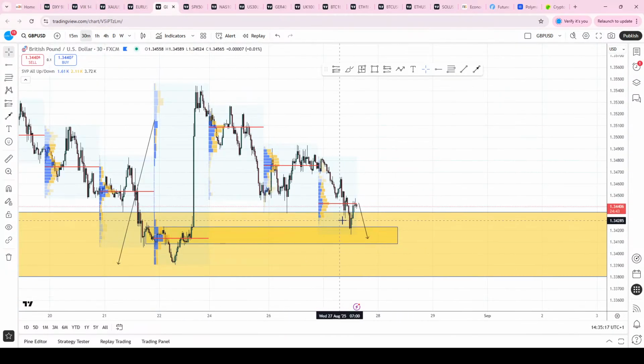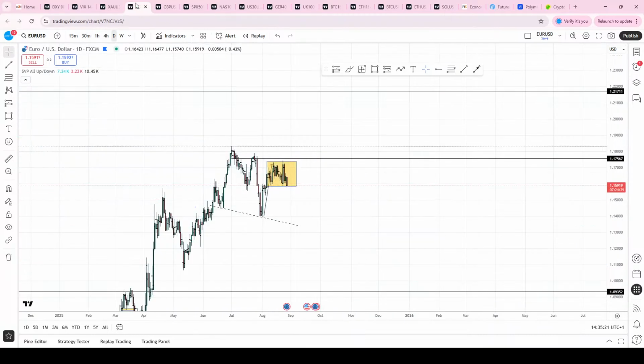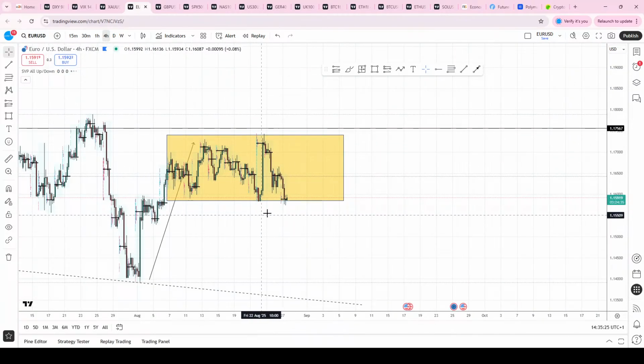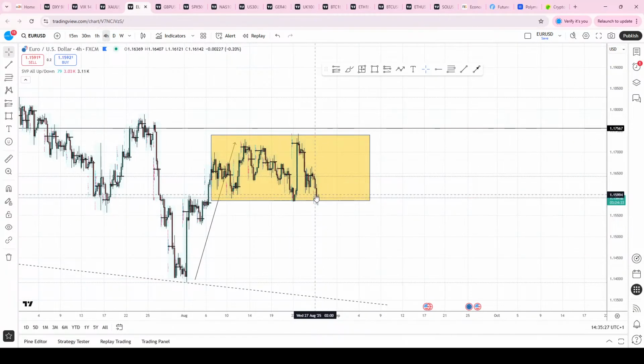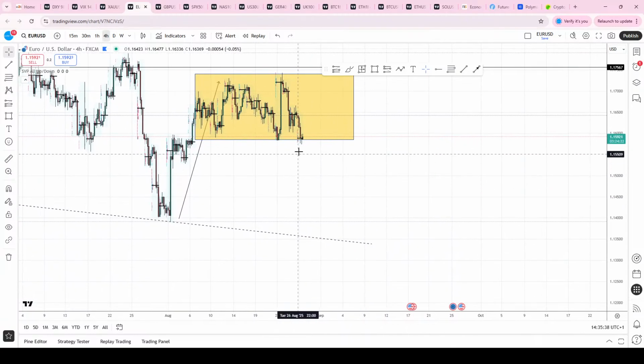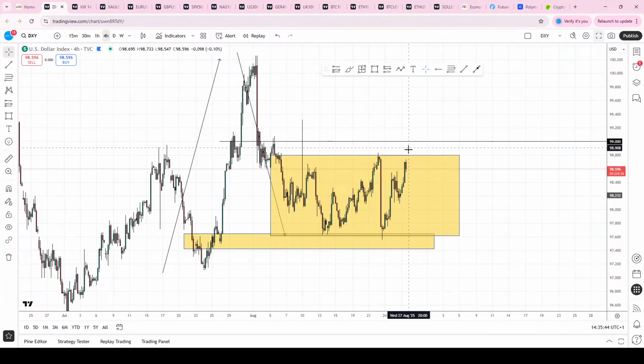But at this moment in time, I would definitely favor a cable price of long than euro dollar price of long, just purely because of the symmetry of the price action structure. So for me, as I said, if we start to break out through this yellow area, this value area here from the 5th and 6th of August incrementally becomes under a lot of short-term pressure, which really sees price action potentially breaking 1550. And if we break 1550, you'd actually expect this euro dollar to probably unwind again, at which point then that DXY has that potential narrative to break through 99.